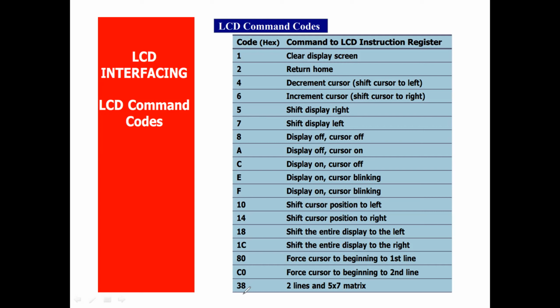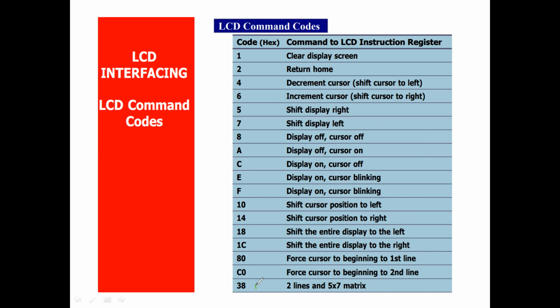If you send a command, always you should select your LCD type: 2 lines, 5x7 matrix, 5 row 7 column dotted matrix. Each and every character will be in this matrix form. So they will take 5 rows and 7 columns, and it forms a complete box. Through this matrix form, each and every character will be placed here. That will be taken care of by the controller.